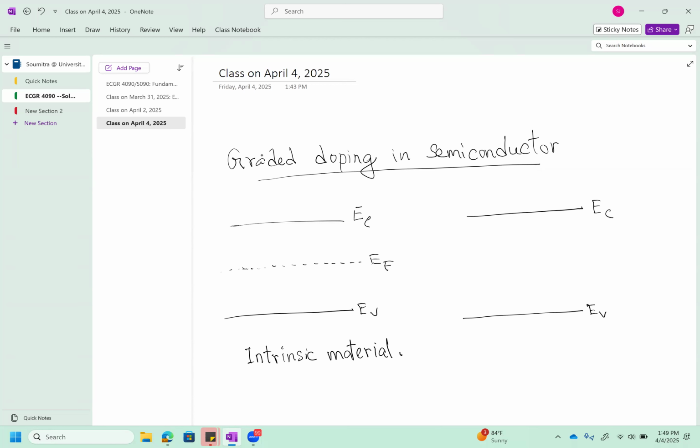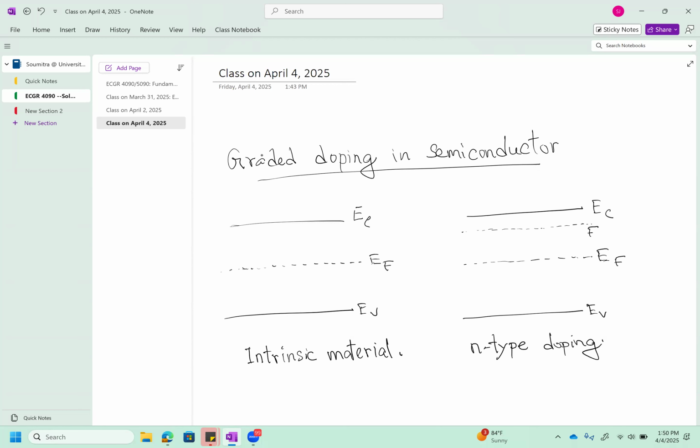And if you make N-type doping, that means you add more electrons that can conduct current. Then EF, the Fermi level, will go up. The more you dope, the higher the value of EF will be, the closer it will be to the conduction